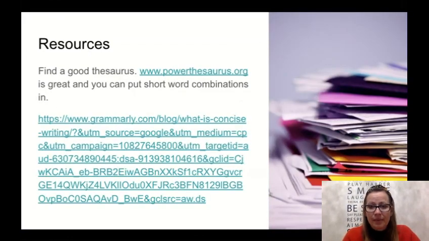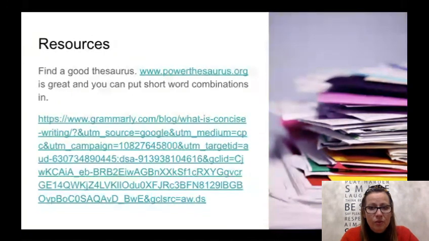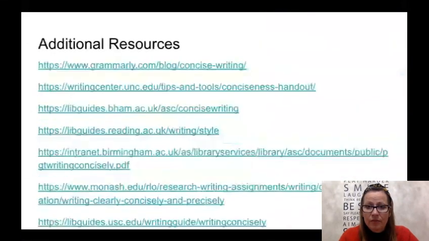So I mentioned Power Thesaurus, you've got that here. Grammarly is a fantastic tool. There is a free version and there's a paid version, but they'll look at not only your grammar, but they will look at writing concisely. So there's some resources on what is concise writing. Much of what I've shared with you today has come from these different resources here. We've got a number of different